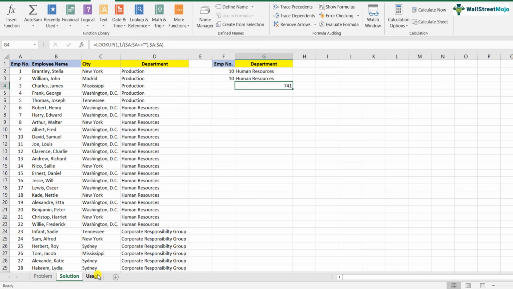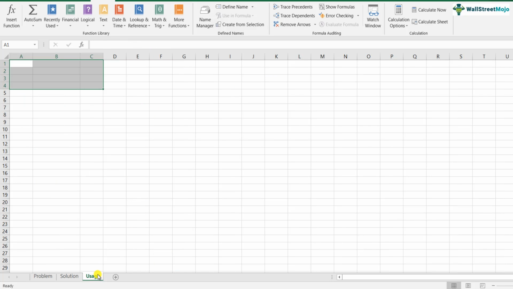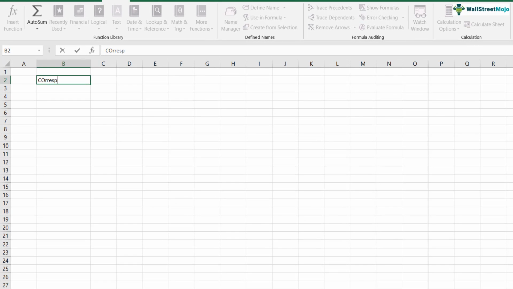Now the usage or application, which we move to the third part, usage or application of this entire exercise is obviously finding the corresponding value in the database which you have, corresponding value of your database, employee number. It can be a library book number, it can be an ID card number, anything. And the second most important thing where you can use this function is finding the last item. And where will that be useful? I'll give you an example.